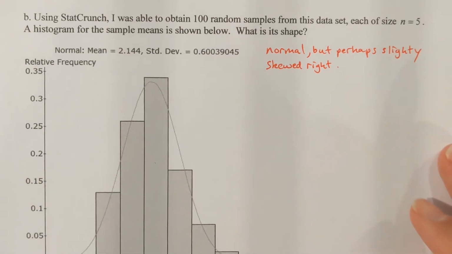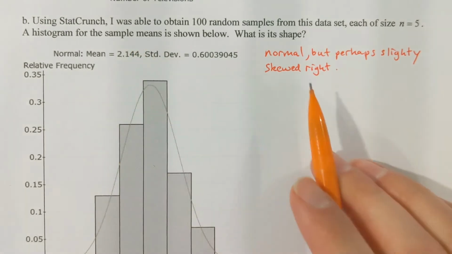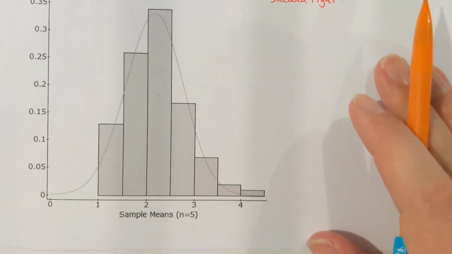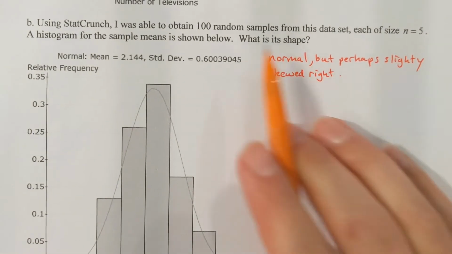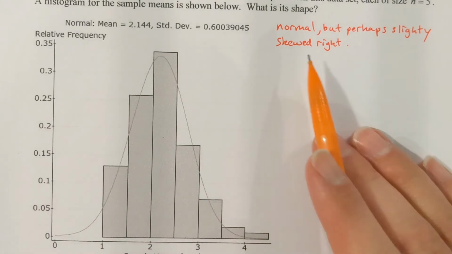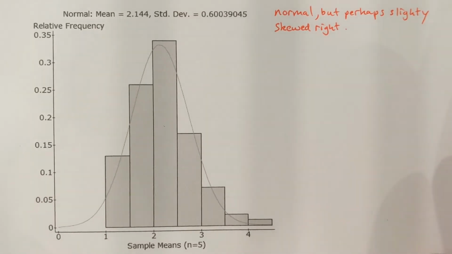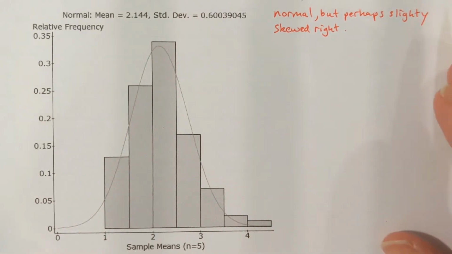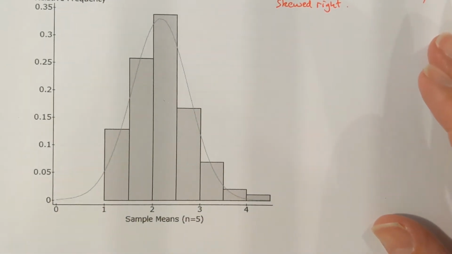So with those 100 samples, I was able to take the 100 means and make this picture, this histogram. What is the shape? Well, it looks normal, but maybe you could make an argument that it's slightly skewed to the right. It's not a perfect bell curve. I've also got the mean and the standard deviation there, but if we go to the next page,